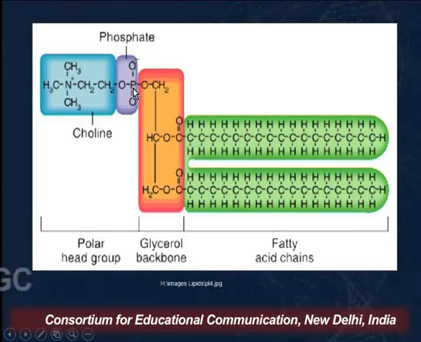What has happened here is that there is an additional phosphoester bond between the phosphate group and choline, which results in the formation of phosphatidylcholine. In this molecule, the choline is the polar group, the head of the molecule, whereas these two long hydrocarbon chains of fatty acids